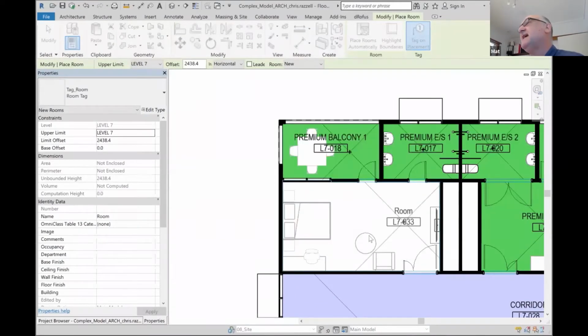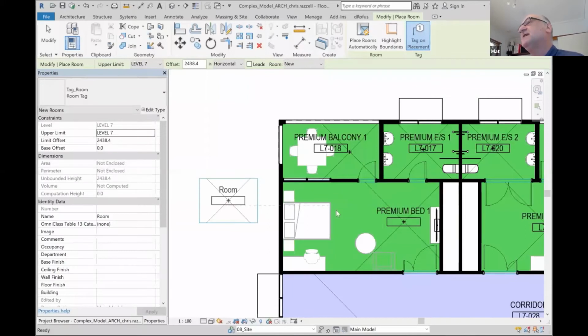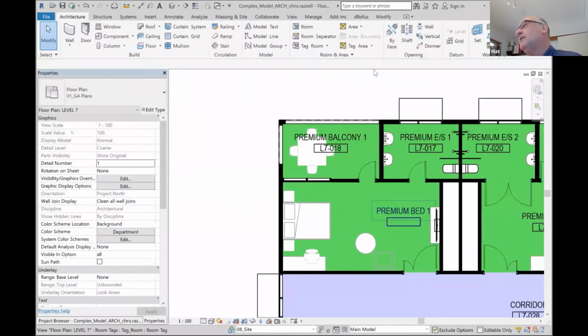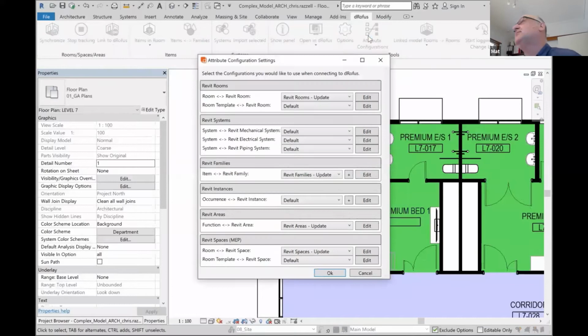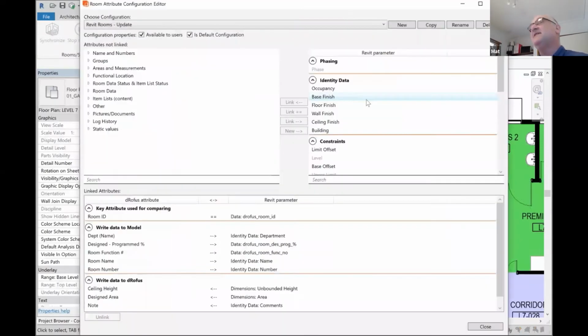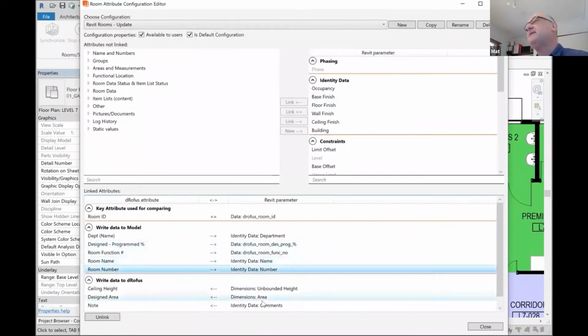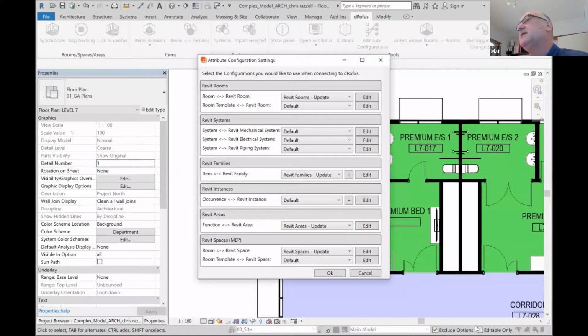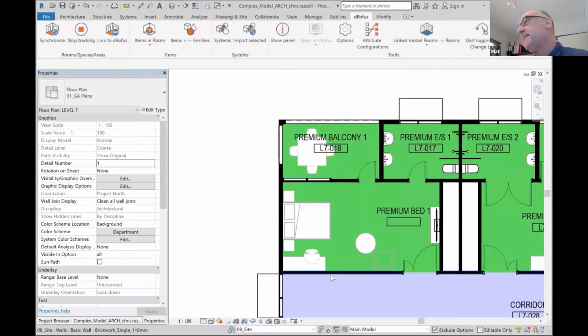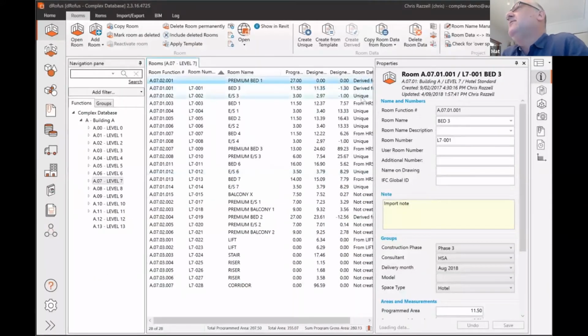It automatically connects and links to dRofus. And it does that through what we call, this is the key really, this thing called the attribute configuration. This is where the connection is made between dRofus attributes, room name, number, and things in Revit, Revit families, or things that might be in Revit. And in this case, you can see we're pulling the room name and the room number